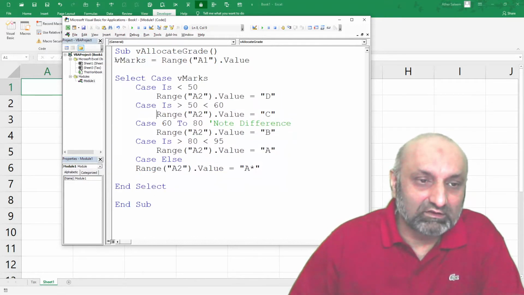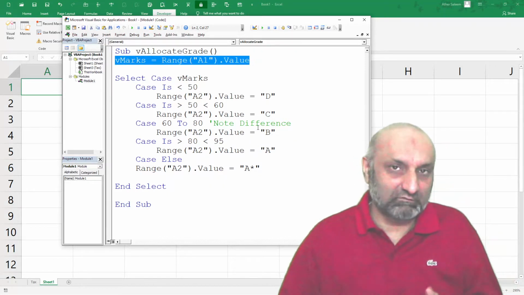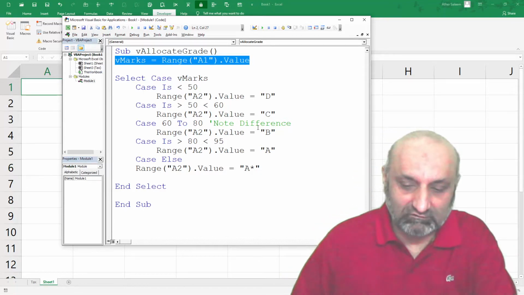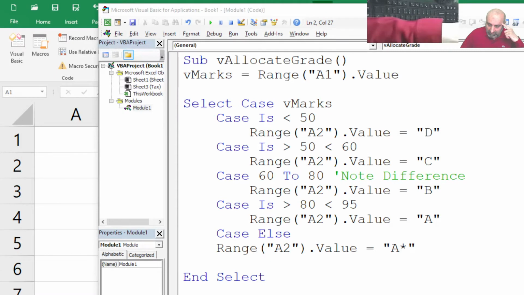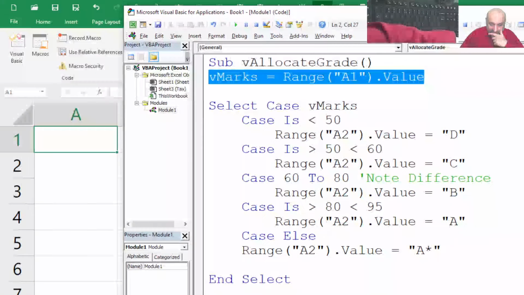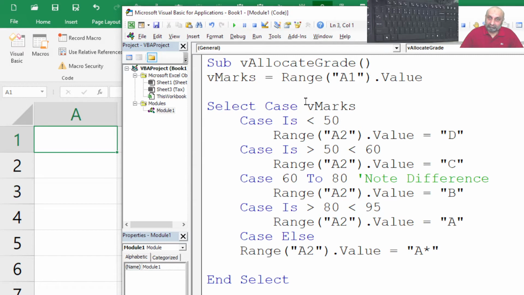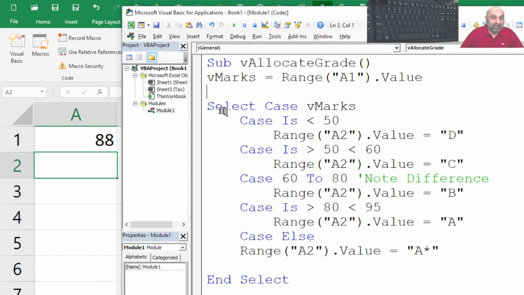Within these macro opening and closing statements, I have vMarks. vMarks is a variable, the v letter defines it. vMarks is equal to Range A1 dot Value, a variable which is getting the value from A1, and let's say in A1 we have 88.